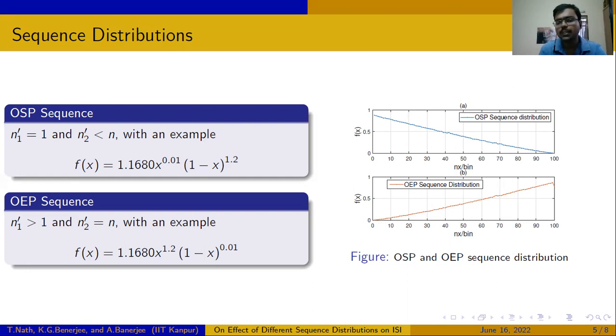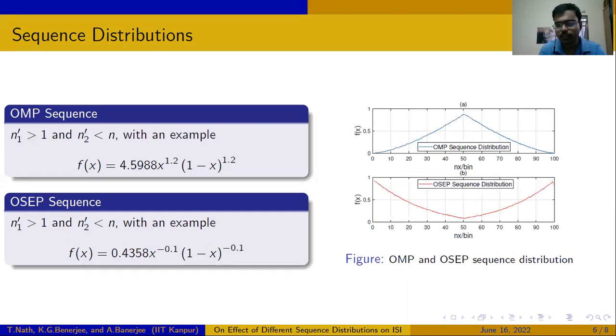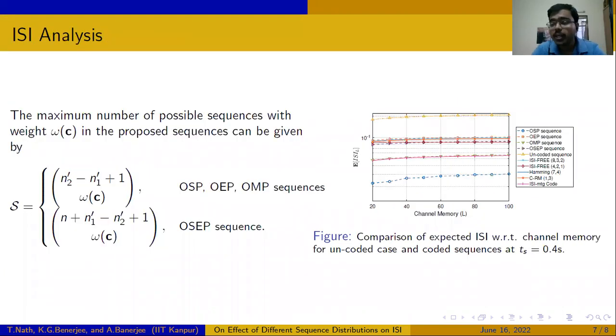For both the sequences, the figure has been depicted. In OMP sequences, most of the bit ones lie in the middle range, where the OSEP sequence similarly is just the reverse of the OMP sequence. Now, if we directly look into the simulation result of the expected ISI, it can be seen that the OSP sequence gives much better performance in terms of ISI than all other sequence distributions,